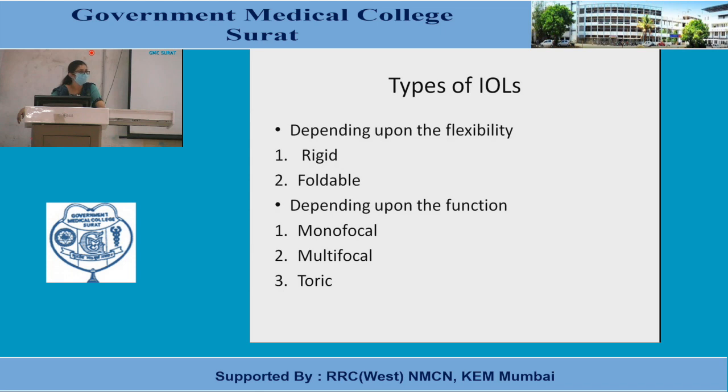Toric means your lens which corrects astigmatism. Say you have +2 or +3 diopter of astigmatism. Any lens you plan, your residual astigmatism will not allow you to have a good vision. So toric, of course, is a very good option whenever you are dealing with a case of astigmatism. So corneal astigmatism. We are not talking about lenticular astigmatism. Lenticular astigmatism is going to go off once you are removing the lens. But your residual corneal astigmatism, if it is more than 1 diopter, you can think of a toric lens for having a crisp and clear vision.